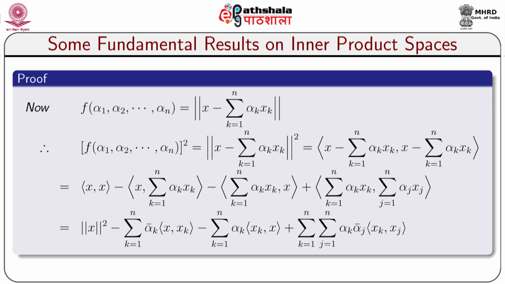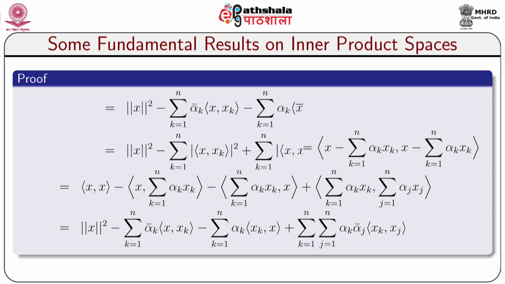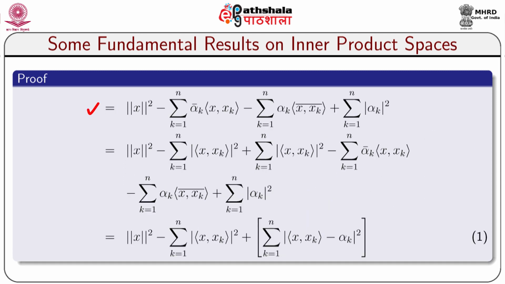to n alpha j xj, which is equal to norm of x square minus sigma k equal to 1 to n alpha k bar inner product x comma xk minus sigma k equal to 1 to n alpha k inner product xk comma x plus sigma k equal to 1 to n sigma j equal to 1 to n alpha k alpha j bar inner product xk comma xj, which is equal to norm of x square minus sigma k equal to 1 to n alpha k bar inner product x comma xk minus sigma k equal to 1 to n alpha k inner product x comma xk bar plus sigma k equal to 1 to n modulus of alpha k square, equal to norm of x square minus sigma k equal to 1 to n modulus of inner product